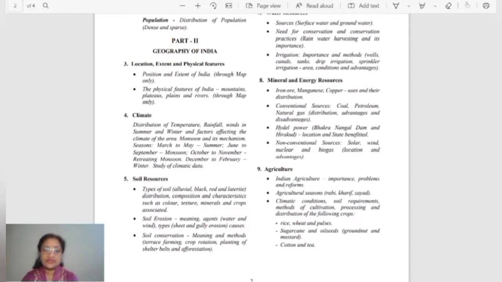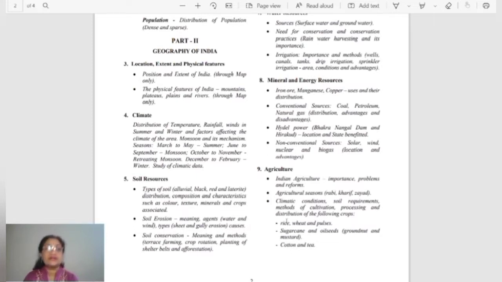Now come to the second chapter under the agriculture unit. The second chapter is related to agricultural seasons. Under agricultural seasons, Rabi, Kharif and Zaid, all the three seasons you have to cover. Along with this, in the second part of agriculture, you will find the food crops. Out of all the food crops, you have to cover rice, wheat and pulses. These are in the syllabus, but the fourth one, that is millets,